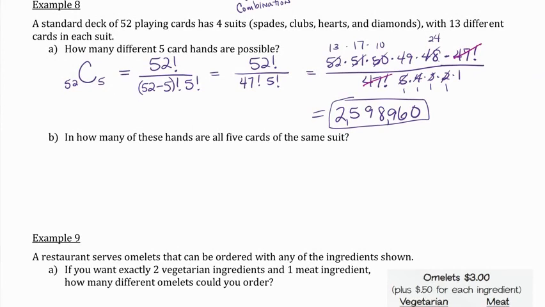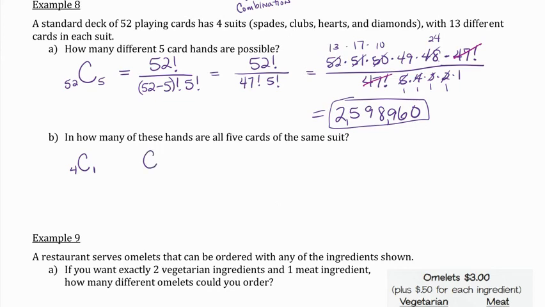Okay, so in how many of these hands are all 5 cards the same suit? To make these choices, it's a little bit different. We're not going to go from all 52 cards, but we do have to do 2 different things, right? If I want all 5 cards to be the same suit, first I have to pick one of the 4 suits, because I could have all 5 spades, all 5 clubs, all 5 hearts, or all 5 diamonds, right? So first we've got to do a combination where I've got 4 suits, and then I have to pick one of those. And then I'm going to have to do another combination, because within